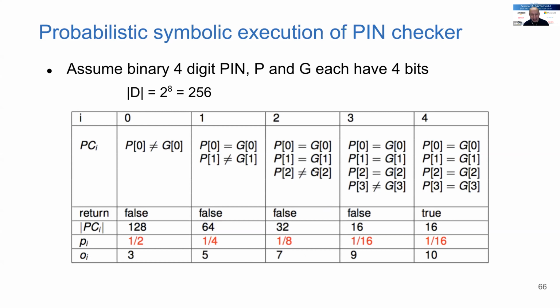But now we have this table. Notice that I have my observables. So now I'm getting very close to what I wanted to do. Remember that I told you for deterministic programs, the entropy of the observable actually tells you the information leakage. So now I have my probabilities, I have my observable values. All I have to do is apply the entropy formula to determine the leakage from this program.